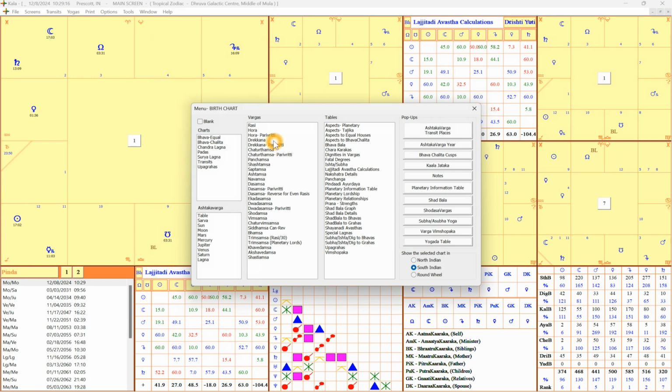So you can pick any of these options in Kala, the Parivriti or not. The ones that don't have two options, you can only calculate them in the Parivriti method. Okay? Now,